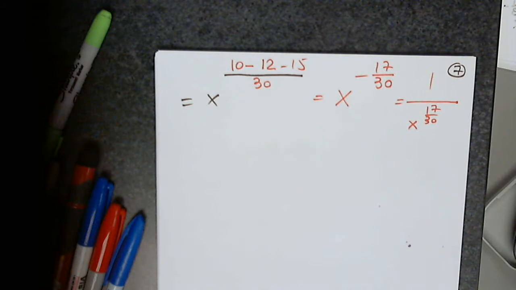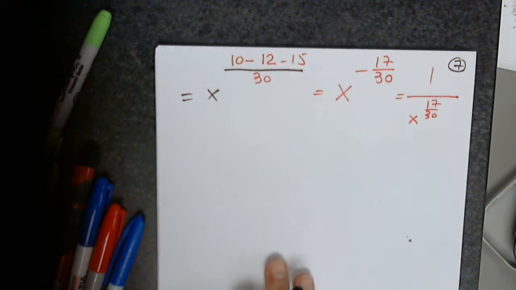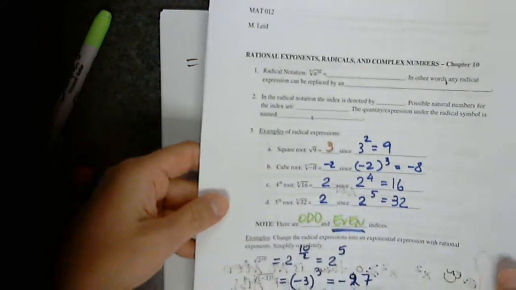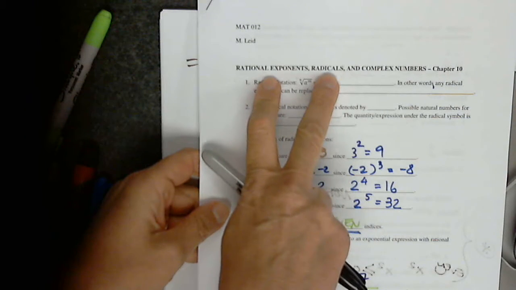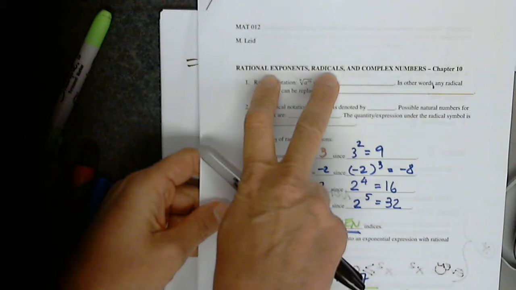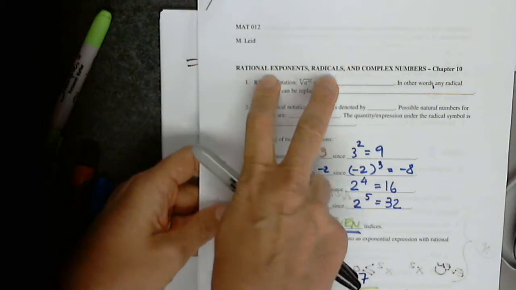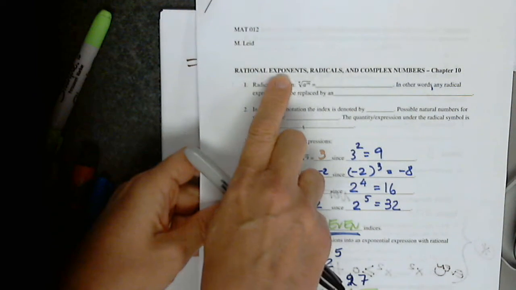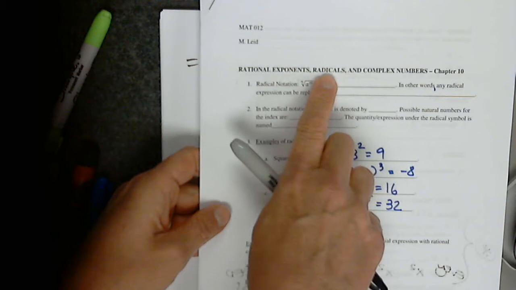What is x raised to 17 over 30? And then we can go back to the very first page in which we said these are the same. So if I see a quantity with a fractional exponent or rational exponent, I can change it into